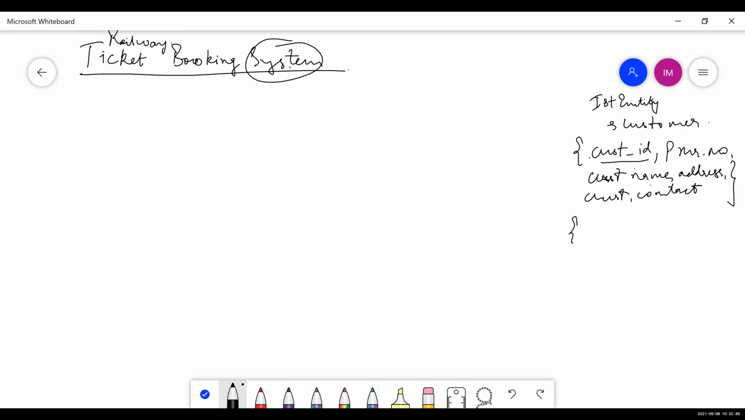Customer books ticket. Where are they booking the tickets? Where are they booking the tickets? Second entity क्या होगी, IRCTC वेबसाइट।